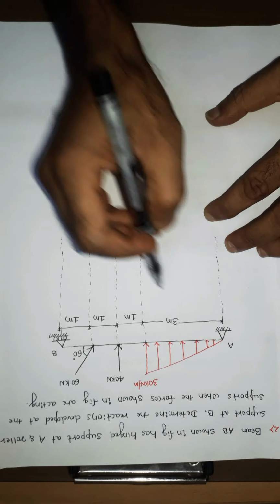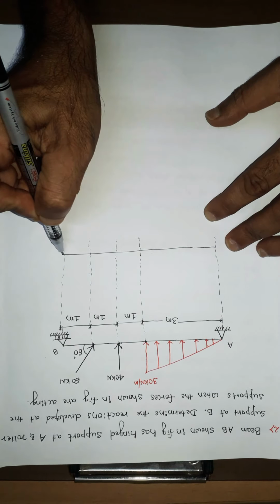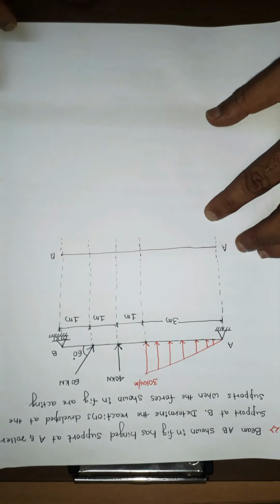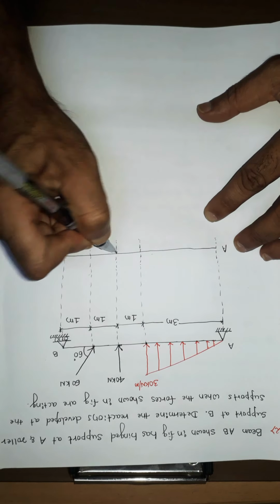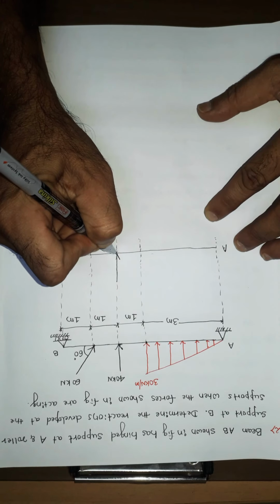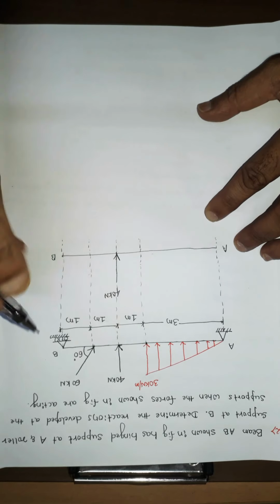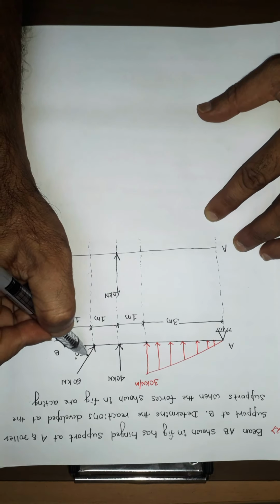So let us draw the beam first. AB will be the beam. You can separate this beam AB and keep it here. Then show the loads as they are. So point loads will be shown as they are. This is a 40 kilonewton load as it is. Then this is the inclined load. The angle given is 60 degree.